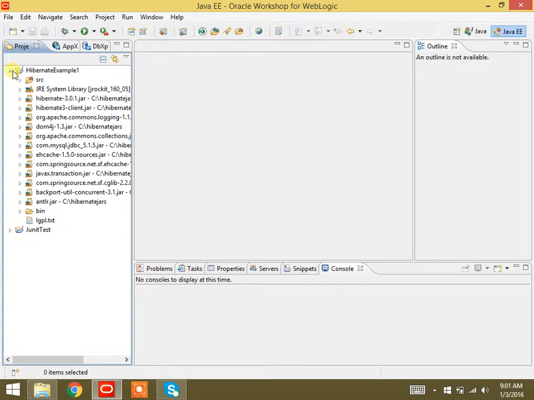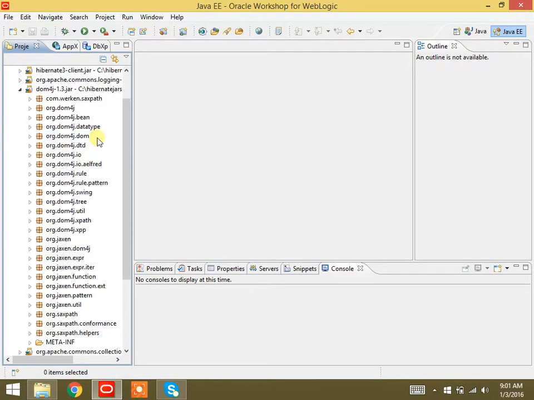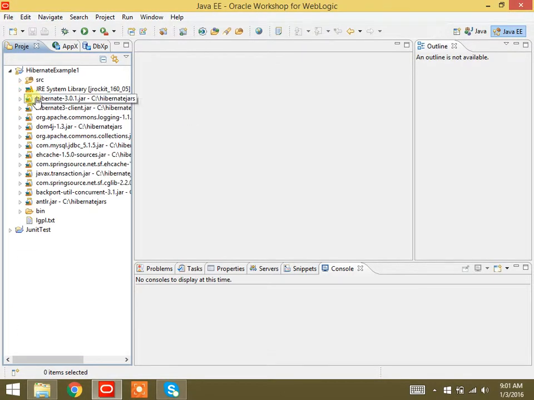For reading the content from that XML file, we need to make use of one jar file, that is DOM4J. This is meant for parsing the XMLs. Totally 2 XMLs are there.